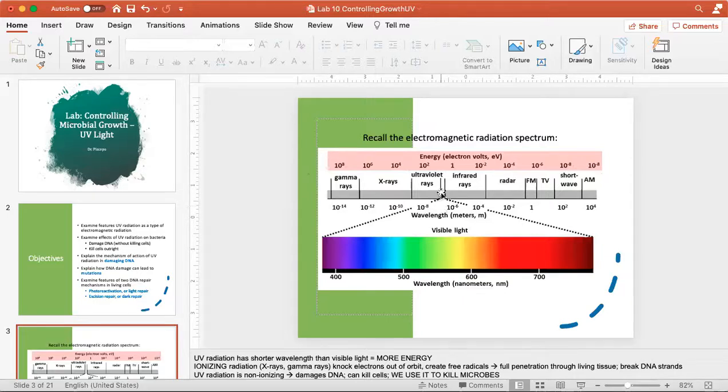I want you to notice there's a little sliver of space right here in the spectrum, and the artist has expanded that space for us to show us that this little sliver right here is where visible light fits in the electromagnetic radiation spectrum. So the light that we are able to see, the light that we are able to process in our nervous system through our eyes, this is visible light,